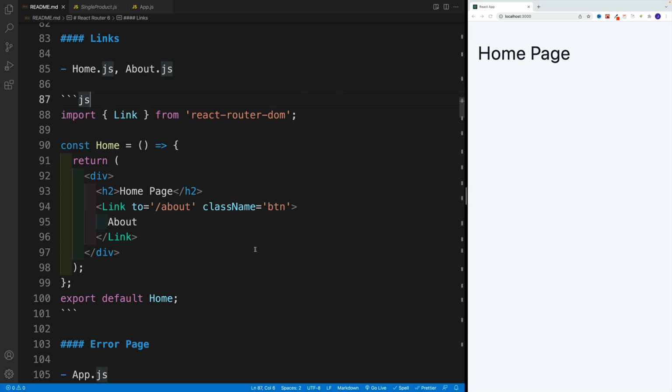All right, and up next, let's take a look at how we can navigate around our project. Because at the moment, the only way we can do that is using the URL bar, and that is probably not the best user experience. Unlike the traditional multi-page application where we use the href, the link element,